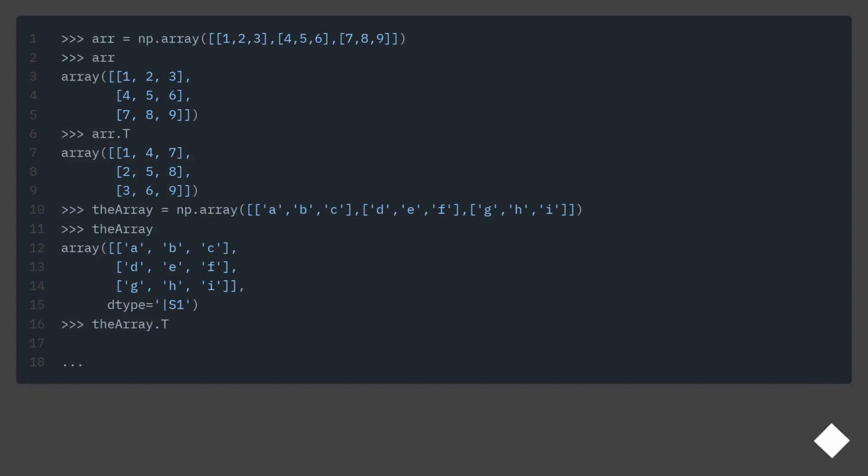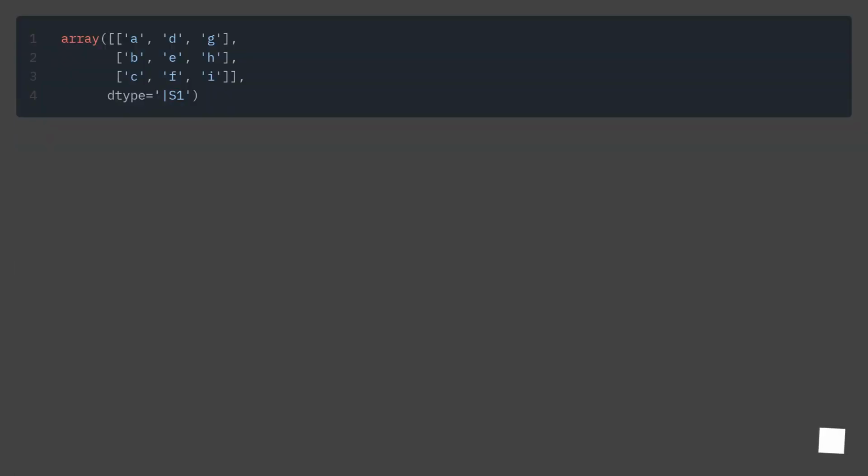Much easier with NumPy. If you want to set